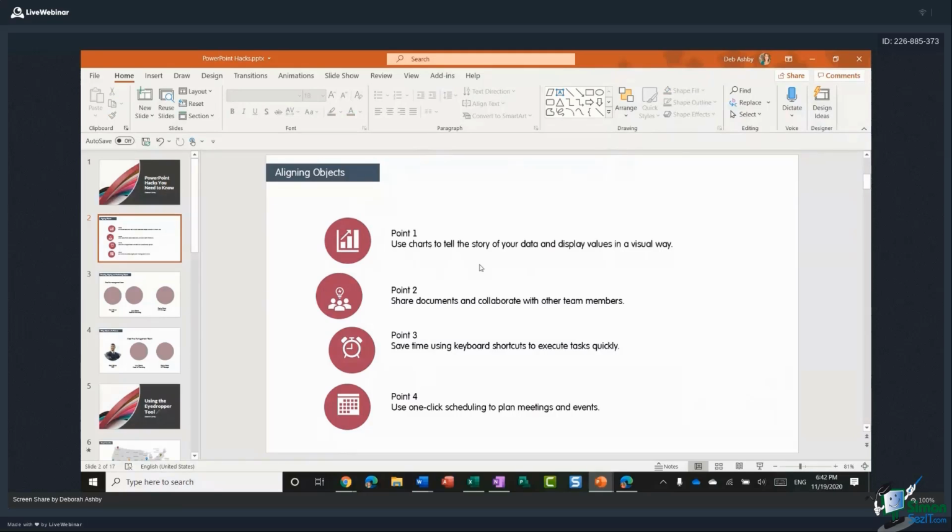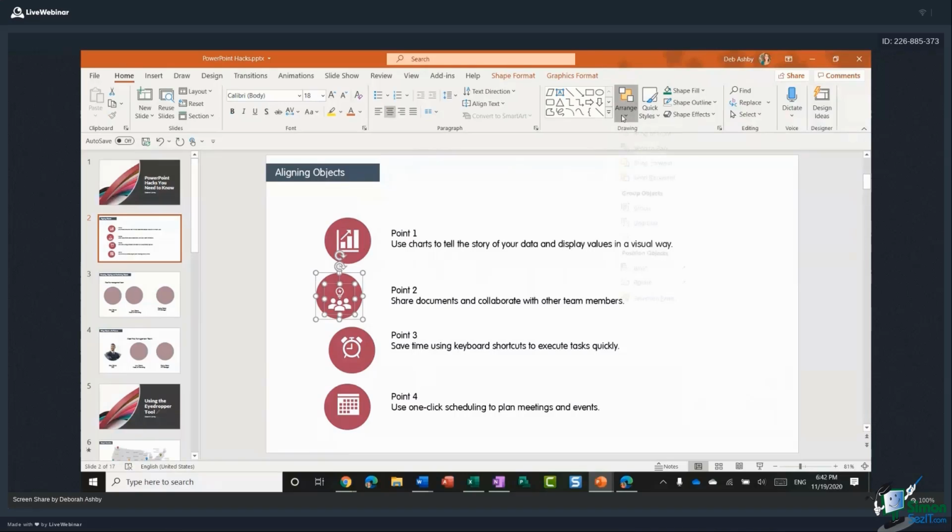I'm going to do it again, but this time I'm going to make my selection in a slightly different way. So previously I selected by clicking, holding down Shift and clicking. If you want to select objects, you can also just drag around and it will select both of the objects for you, which is sometimes a lot quicker if you have a lot of objects that you need to select.